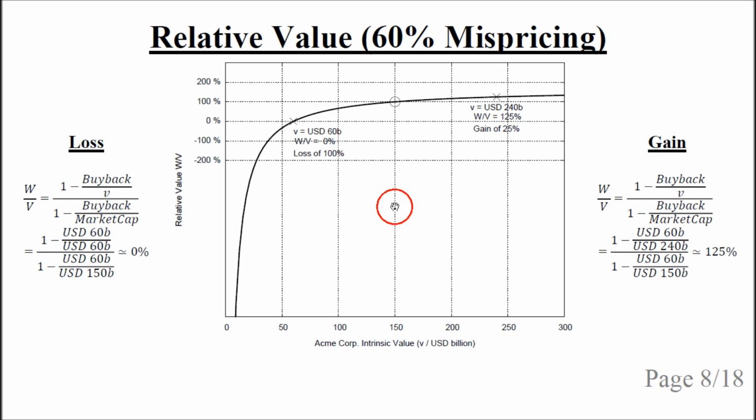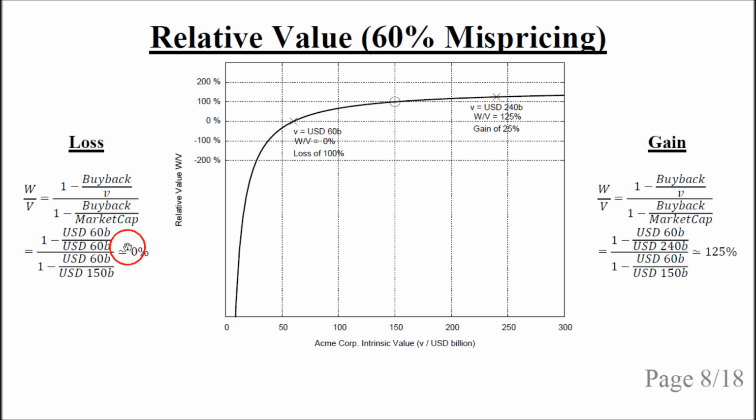Now consider a 60% mispricing, so the intrinsic value is either $240 billion or $60 billion. So in case of $240 billion, the share buyback would give a gain to shareholders of 25%. It is calculated with the formula out here. In case the intrinsic value is really only $60 billion, the relative value is 0, which means a loss of 100%. So it is calculated out here, and as we can see, the buyback amount is $60 billion, the intrinsic